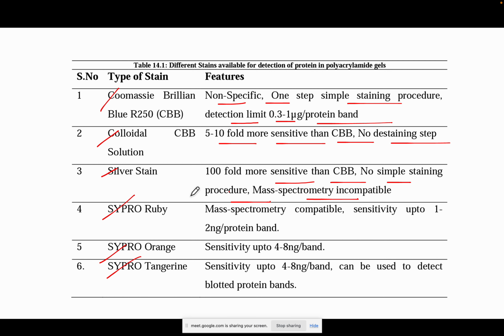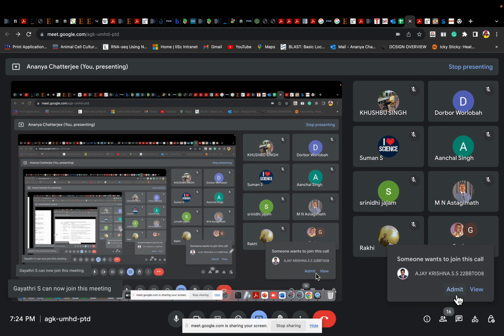You have to have the protocol for how you do that. We'll discuss in the next class what the principle of silver staining is and how you do that. But it is mass spectrometry incompatible. That means you won't be able to cut the gel and give it for mass spec. So another type of stain is